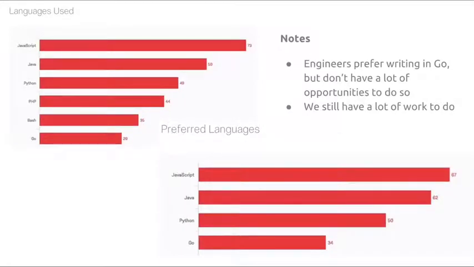We also learned, sadly, that people feel like they write Bash more than Go. That was quite disheartening. We do write our own build scripts and do our own operations at Qualtrics, so people probably were drawing from that, like, oh, I wrote a build script, therefore I write Bash. But watch, we're going to find services written in Bash. Yeah, but clearly we still have a lot of work to do here at Qualtrics in driving this adoption, because people seem to prefer Go, but they're not writing it as much as they want to.